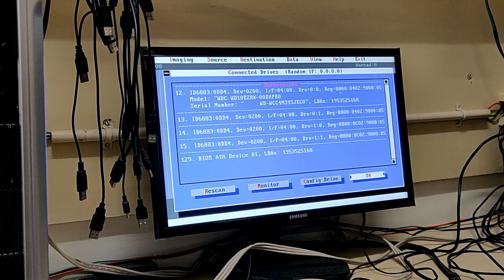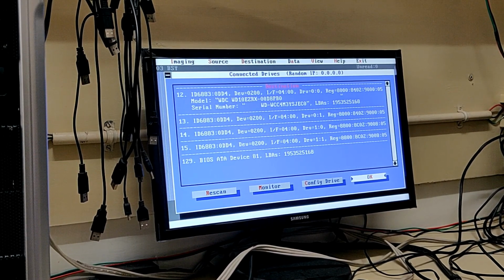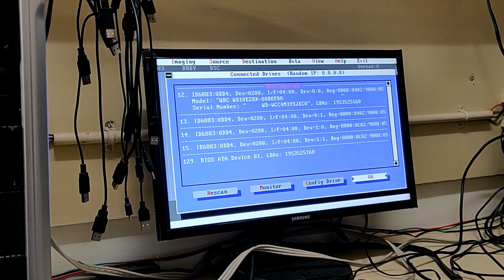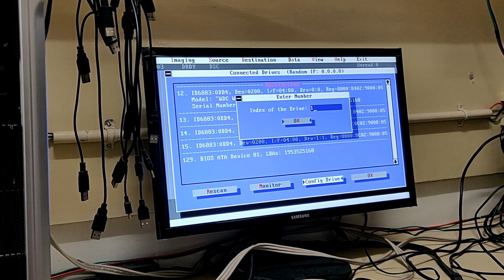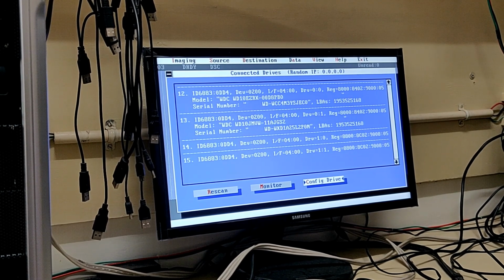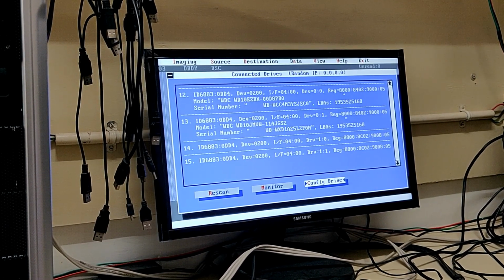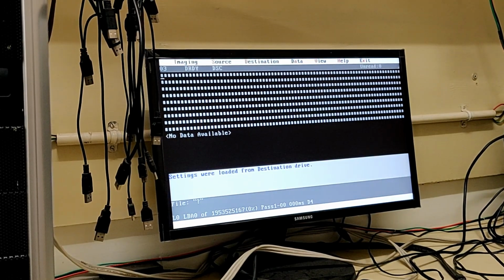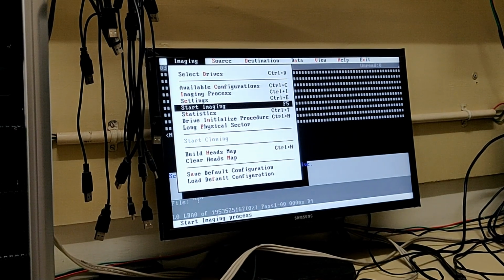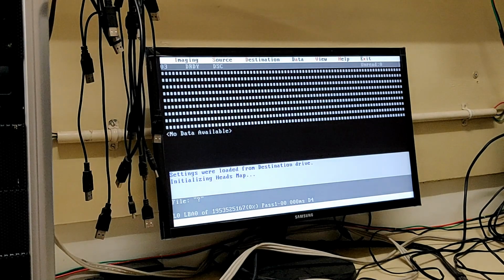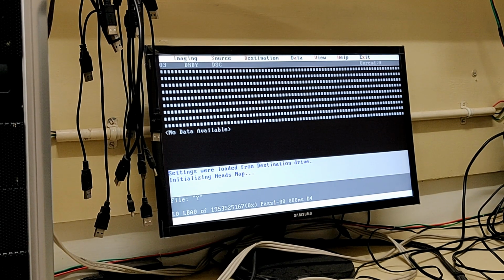Let's see now. It's ready again. Let me set up the config drive. Let's try that again. If it works, let's see. It should work.